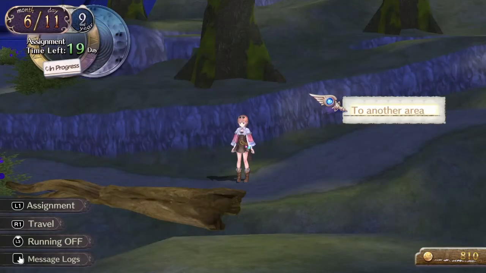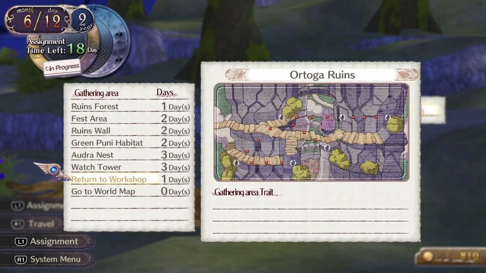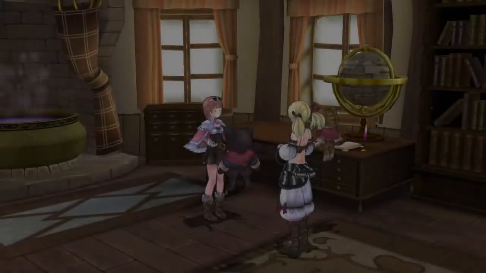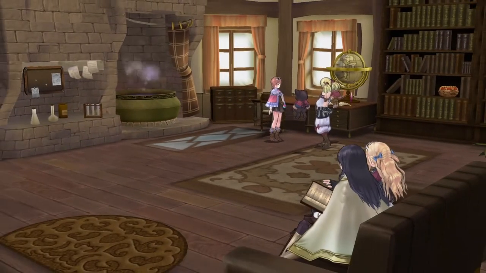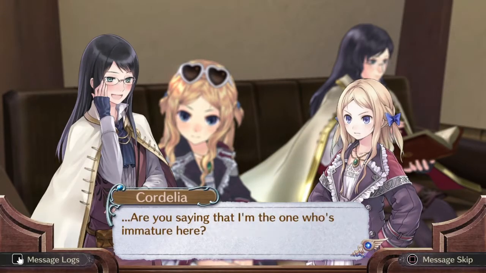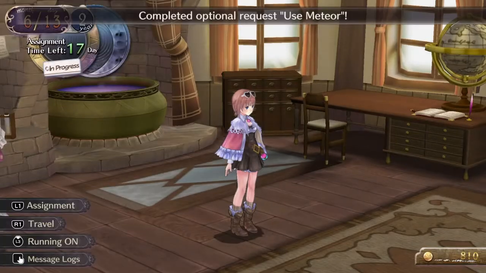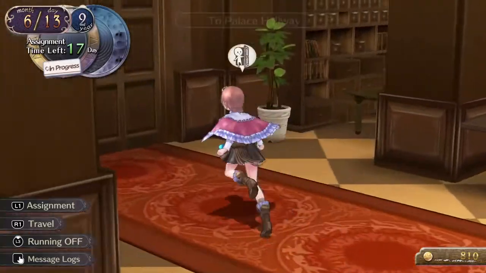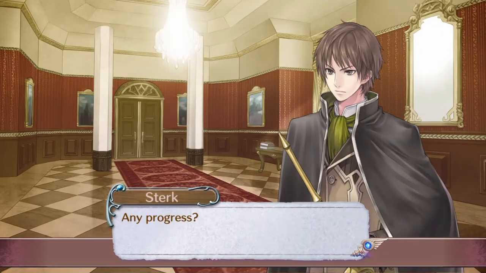Where is it? There it is. Alright, so we can go back home now. You see, and I've got 18 days to spare. So if you've got other things that you need to do, you can fit them in that 45 days that you have. Again, I'm going to skip all of this because you can get these easily as long as you raise friendship level. These can play at any time in the game once the friendship level has reached the required point. So here we go. We go to the hallway, speak to Ster, and